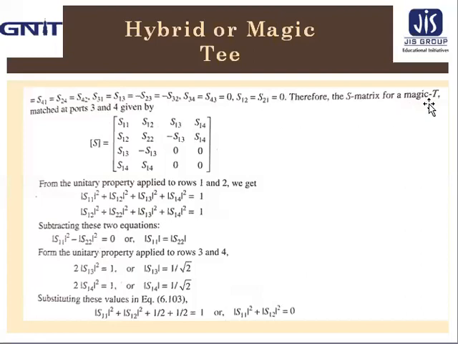Therefore, the S matrix for a magic T which is matched at port 3 and 4 is S11, S12, S13, S14, S12, S22, minus S13, S14,